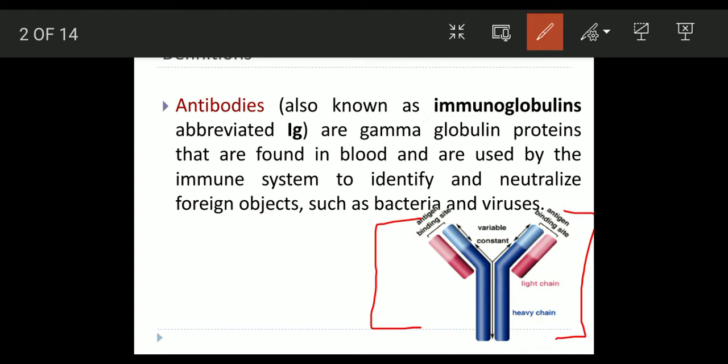As you can clearly see, this is the tetrapeptide linkage, and here we have two heavy chains and two light chains, and they are bound together by disulfide bonds. This is the antigen binding site between the light chains and heavy chains. Here only the antigen will come and bind. Okay guys, so these were the basics. Now let's move on.